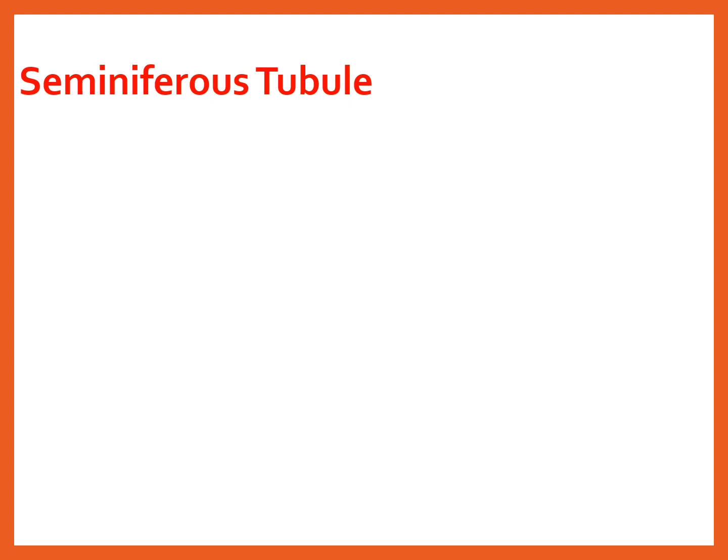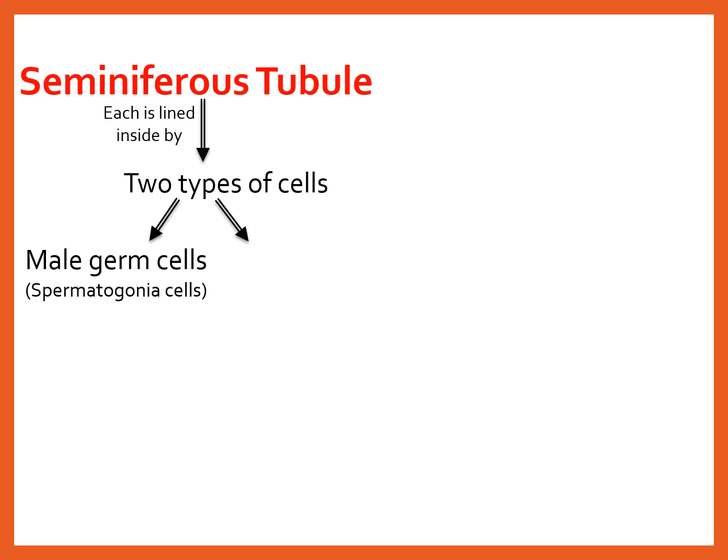Let's learn more about seminiferous tubules. So seminiferous tubules, now you know where the seminiferous tubules are. It is there within the testicular lobules, which are present within testis. So seminiferous tubules are lined inside by two types of cells. They are: one, the male germ cells, also called spermatogonial cells, and two, the Sertoli cells, which are also